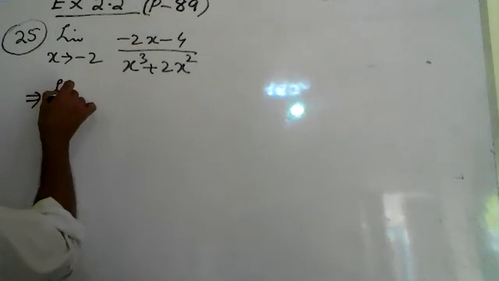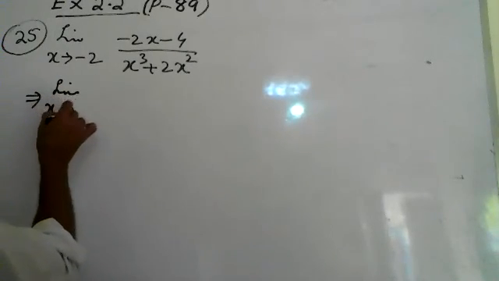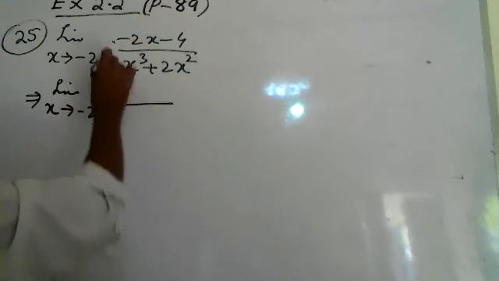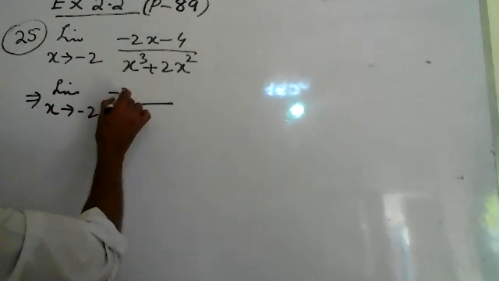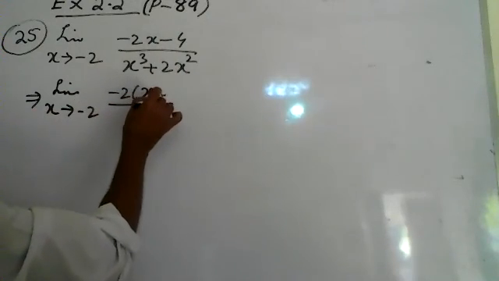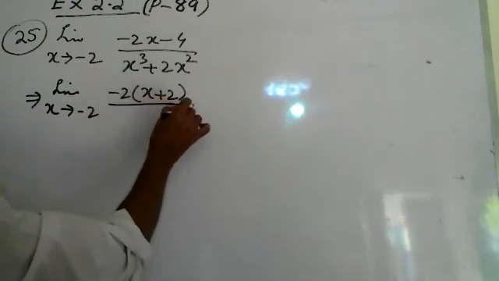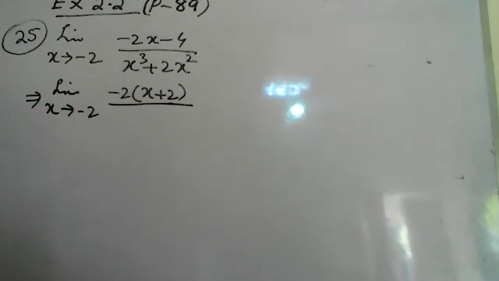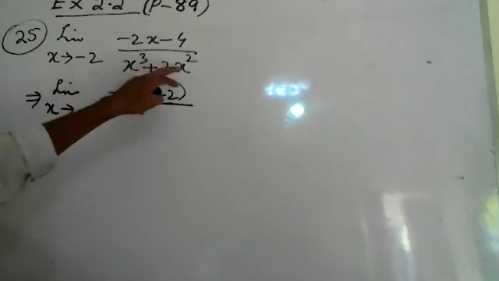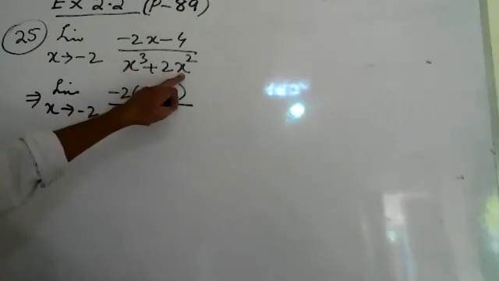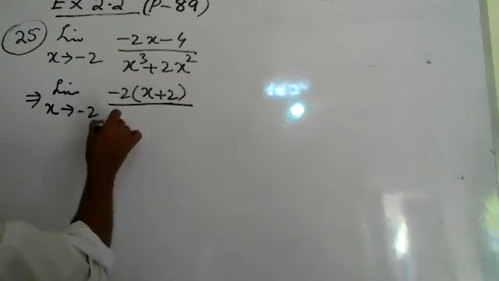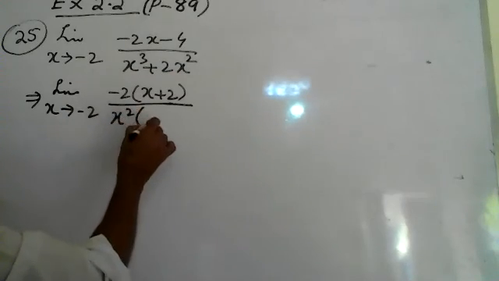So limit x tends to minus 2. From here minus 2 is common, x plus 2. From here x square is common. It will be x